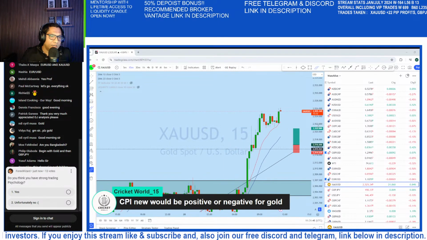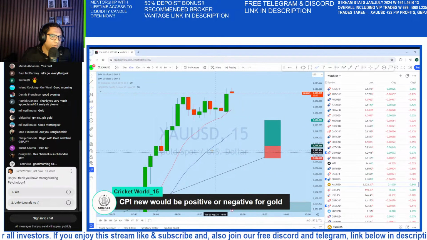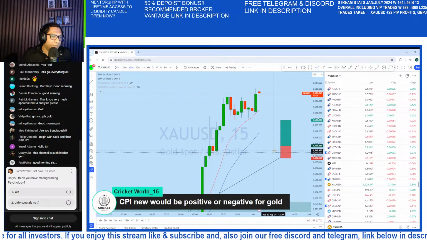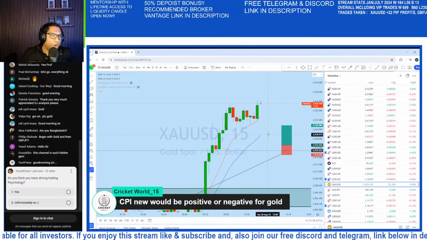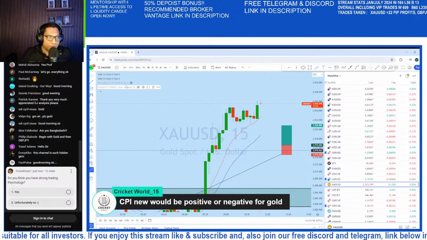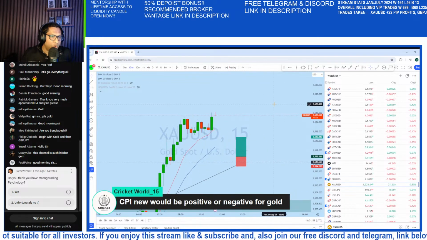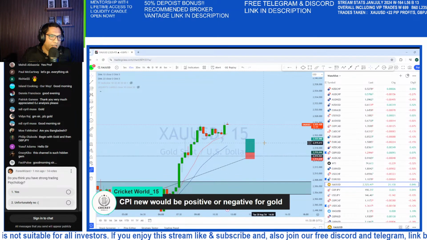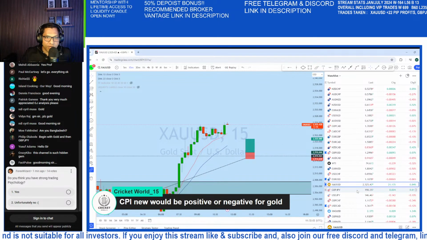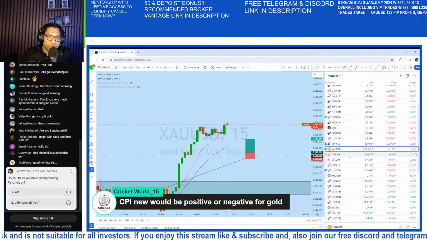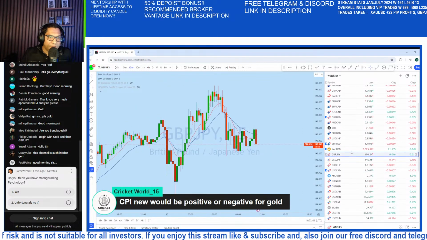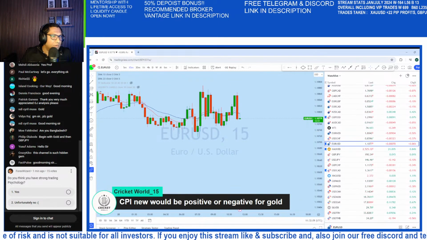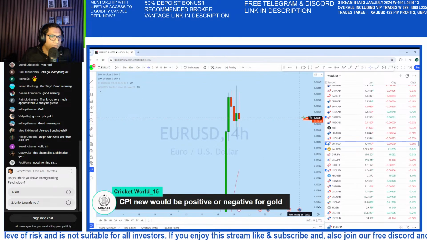This is the liquidity zone that I have drawn. This is an important level of support. I will be waiting for the market to break from the structure before we look for any entry opportunities. So we can see gold here. Also, we can see how instruments like GBPUSD and EURUSD are doing.